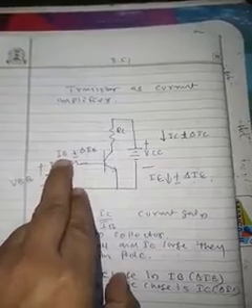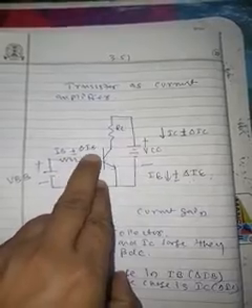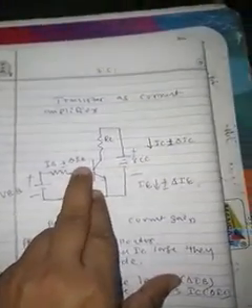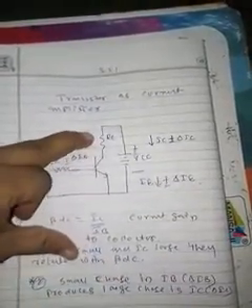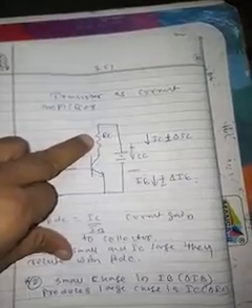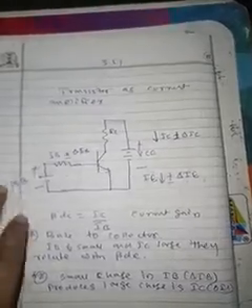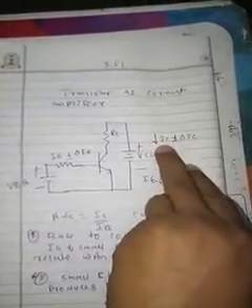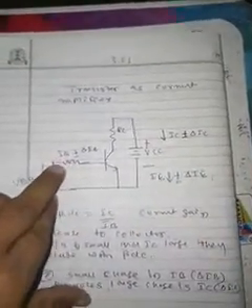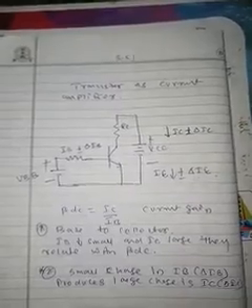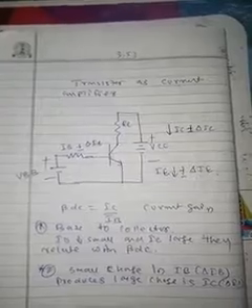Here you can see we have the IB, that is the input base current, plus or minus IB. Plus or minus IB means change in IB. Then here you can see the RC, the current limiting resistor, connected to the collector. Then you can see the VCC plus minus. Here we have the VBB plus minus, and the IC plus or minus delta IC. Here you can observe, current amplifier means the current has to be amplified, or we have to provide strength to the low input current.